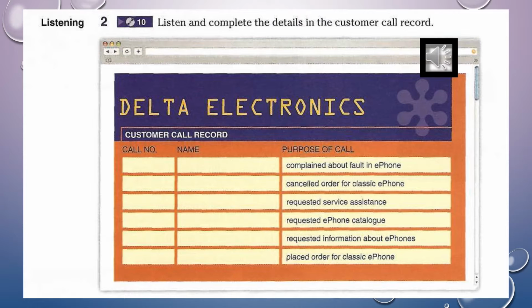Unit 3, Recording 10. Phone call 1. Delta Electronics, this is customer service, Julia speaking. How can I help you? Oh, hello. Do you sell ePhones? Yes, we do. Would you like a catalogue? Yes, I would, thanks. Fine, I'll send you one right away. What's your name? Willard. Sorry, could you repeat that, please? Willard. How do you spell that? Willard. And could I have your phone number, please? 0133 486